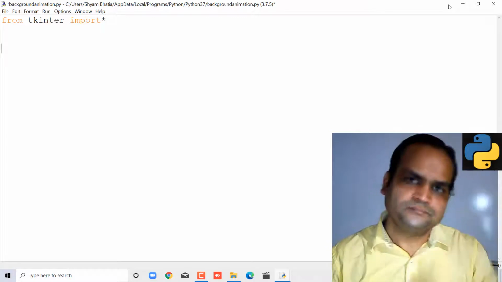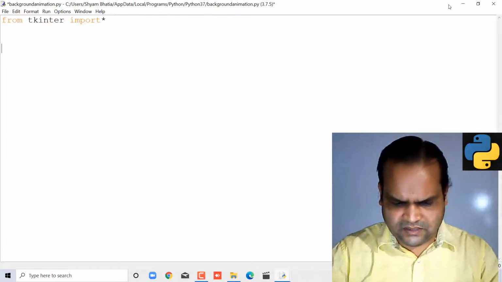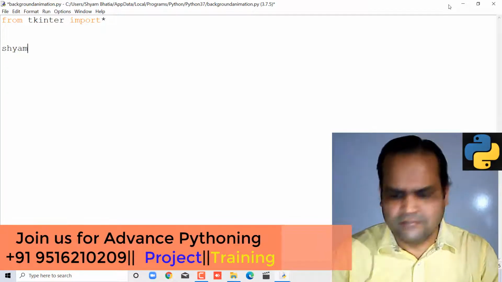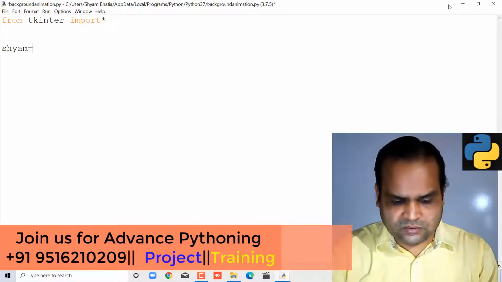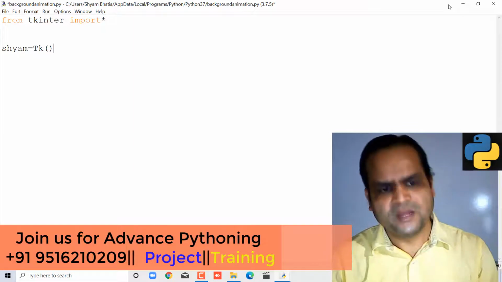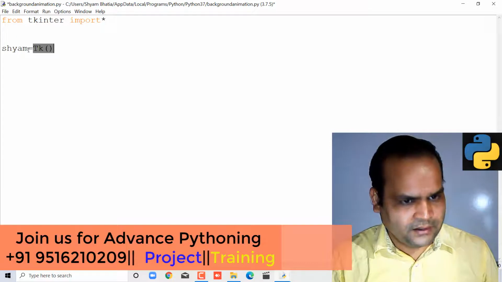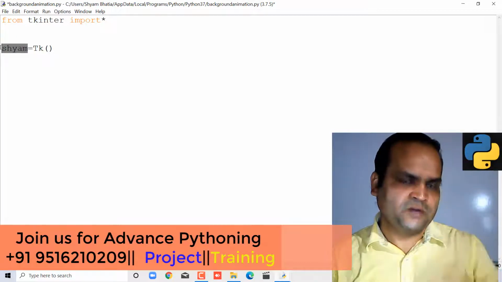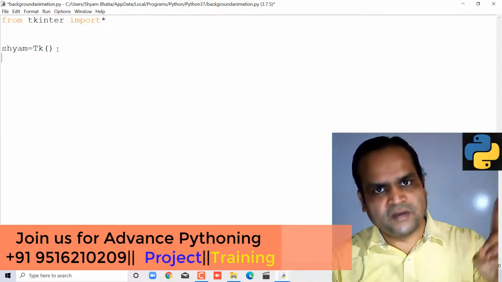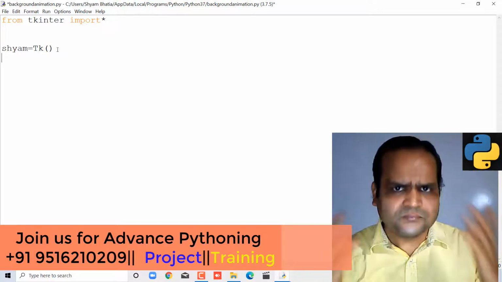At that time we will put the library. First of all, let's say I am creating my name, Shyam, equal to just tk, not capital, only small. Here the Tk class will create its own user-defined Shyam object, and this Shyam will be used everywhere. It is the parent window, the parent object, the root thing.